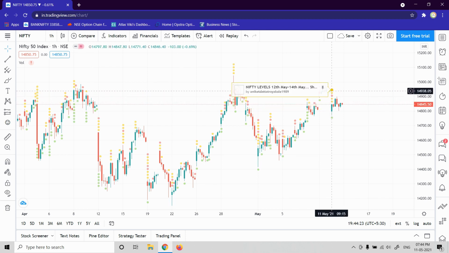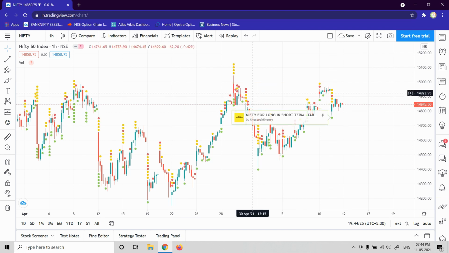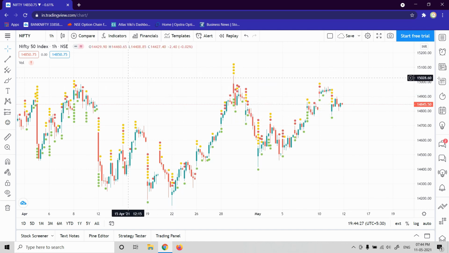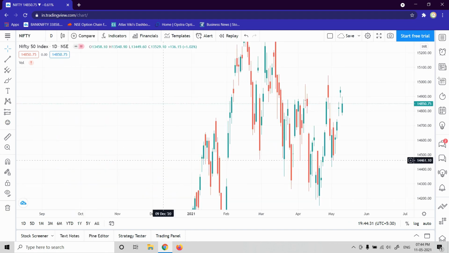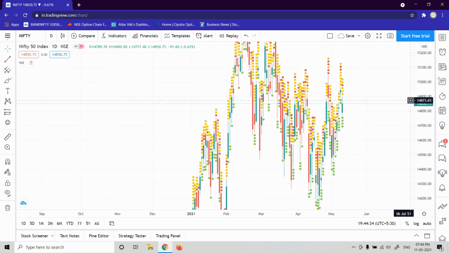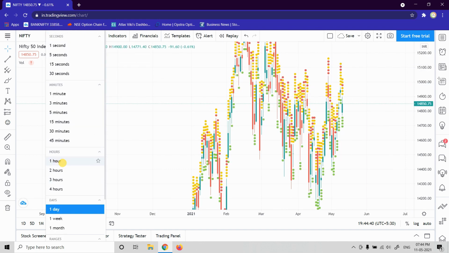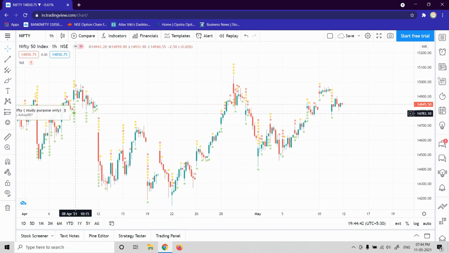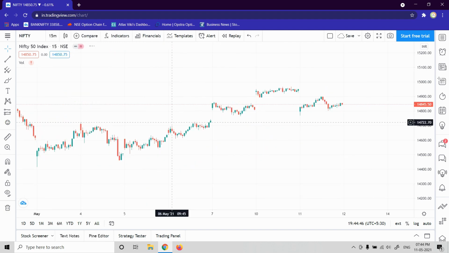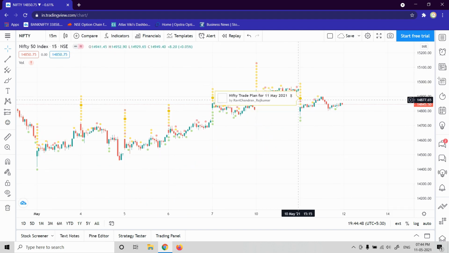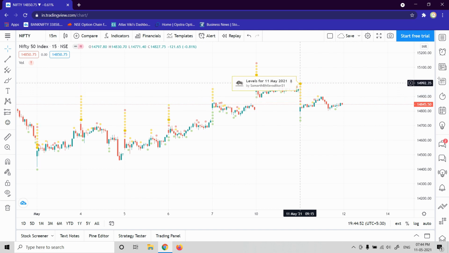Now you can see that this is my idea that I have posted today, and you can also see others' ideas. The beauty of this is that it sticks to the time frame. If you move on to a different time frame, you may not see this idea. You will see some other idea, somebody else's posting. On a day chart, there are so many people posting their ideas, but on an hourly chart, there are very few people posting their ideas. If you move on to an even smaller time frame, like 15 minutes, you can see there are still people posting. You will not find my idea here because of the time frame.